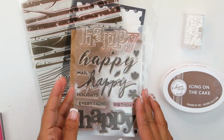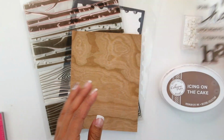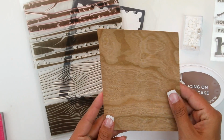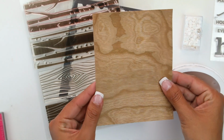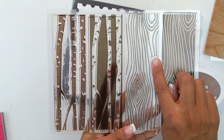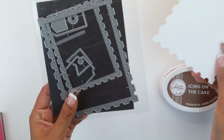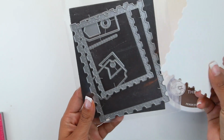Today we have a very masculine card using some pretty cool Winnie and Walter products. For our main sentiment, we are using In a Word Happy. This is from Winnie and Walter. We are using a piece of cardstock that looks like wood. To top it off, we are doing some kissing techniques using the gorgeous Into the Wood stamp set, also from